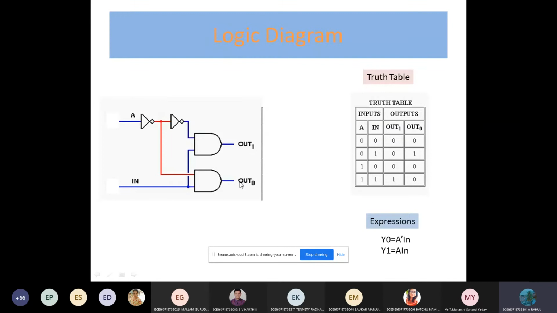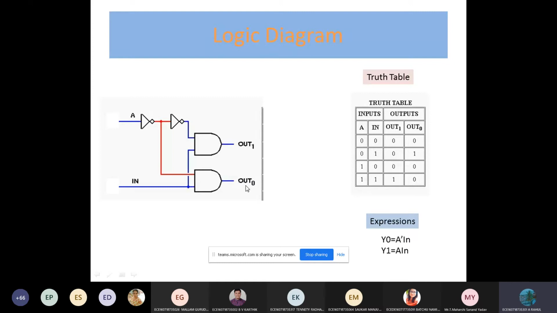At the other AND gate, A bar goes from 0 to 1 and 1 to 0, so it becomes 0, and with enable 1, 1 into 0 is 0. So that output is not selected, and the output 1 is selected.